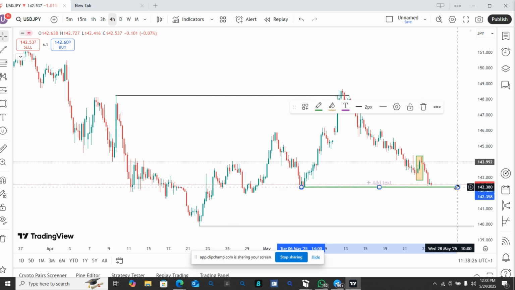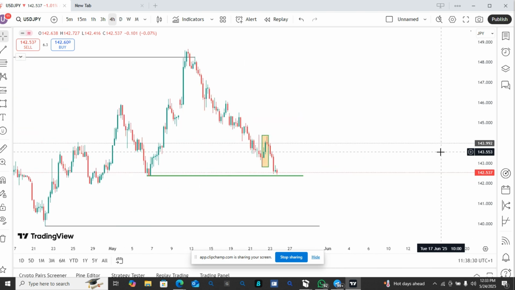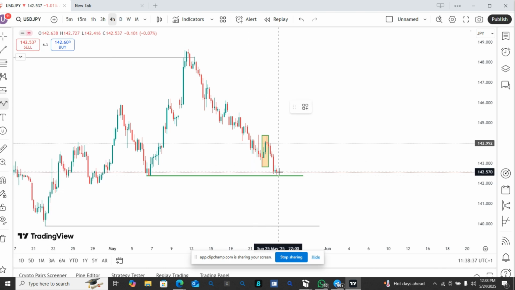All right. That's how we take it. Let price break below this zone. Then we'll look for what? Sell,